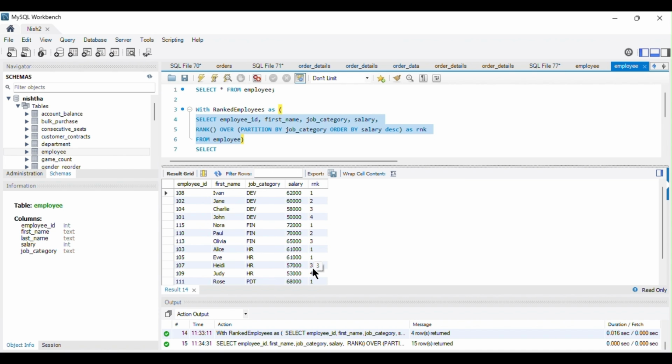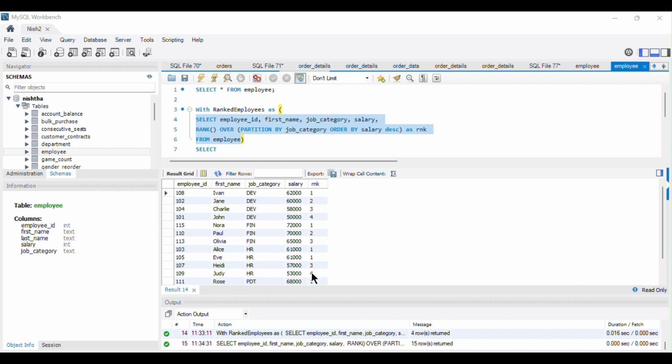So what the rank function does is, rank also assigns the same rank to ties. Here the tied employees have been given rank 1, but it has skipped the next rank number when there are ties. For instance, the employees are ranked first due to identical salaries, the next employee should be ranked 2, but here it is skipping the rank and giving the third rank, and henceforth fourth rank to the next employee.